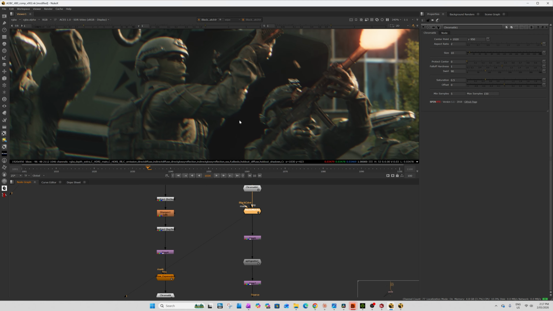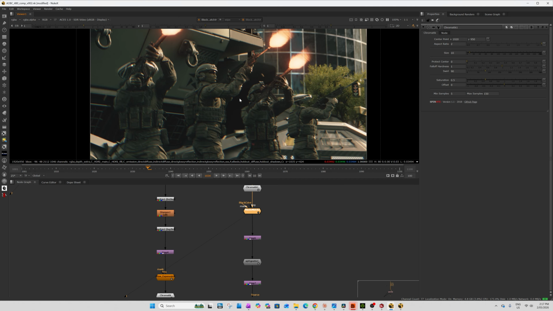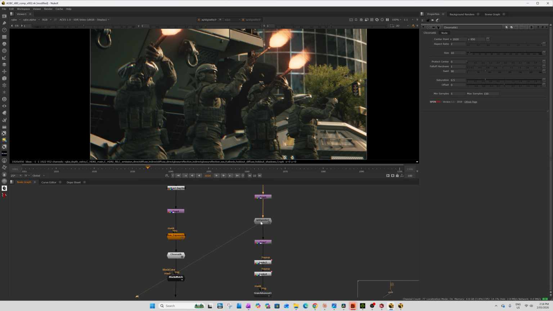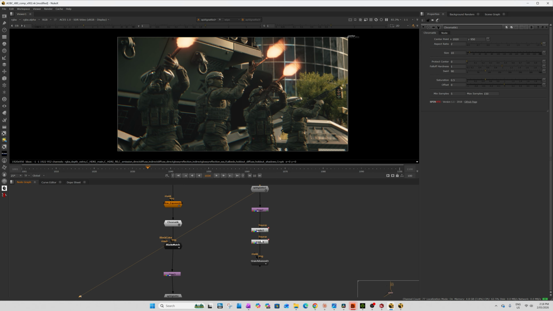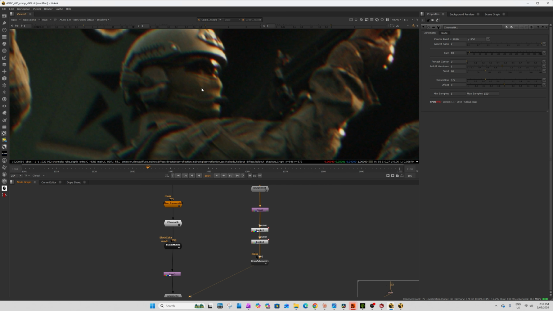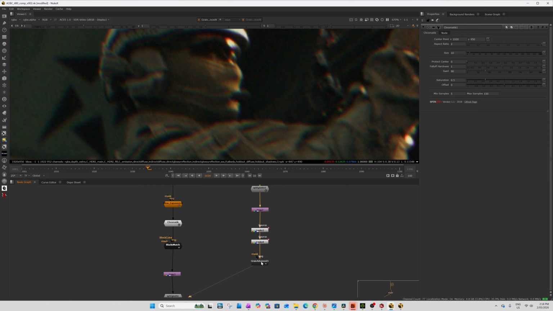A lot of these tricks I learnt from Nick Chamberlain. Bit of vignetting, then two types of looks, and then lastly grain. So that's the quick version so I can see it.